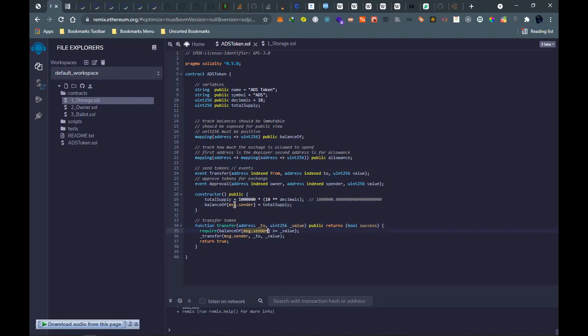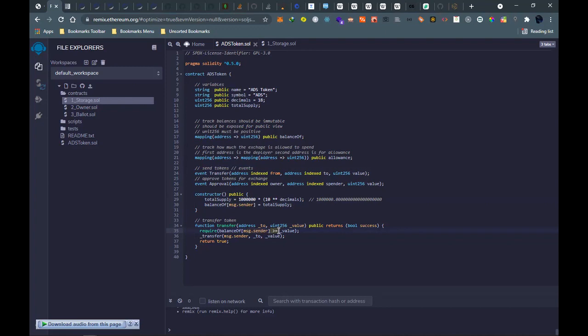We may have a lot of token holders, and we really need to check their balances. message.sender is a global, inbuilt variable in Solidity, from our previous lesson on smart contracts.